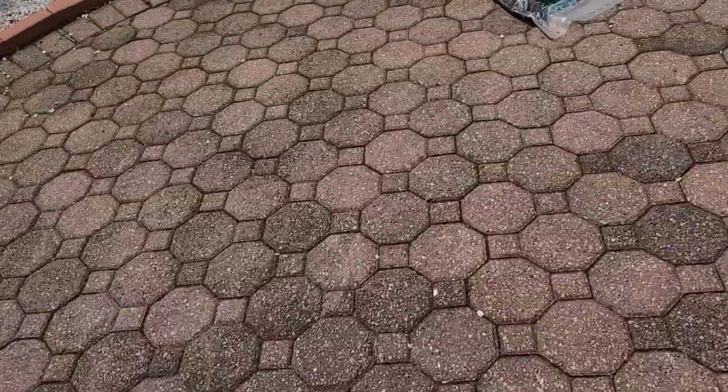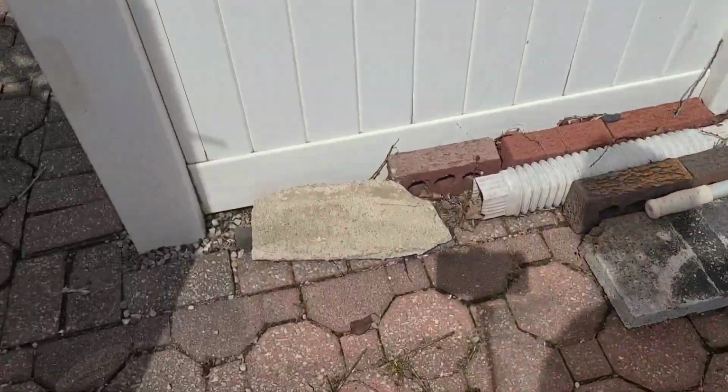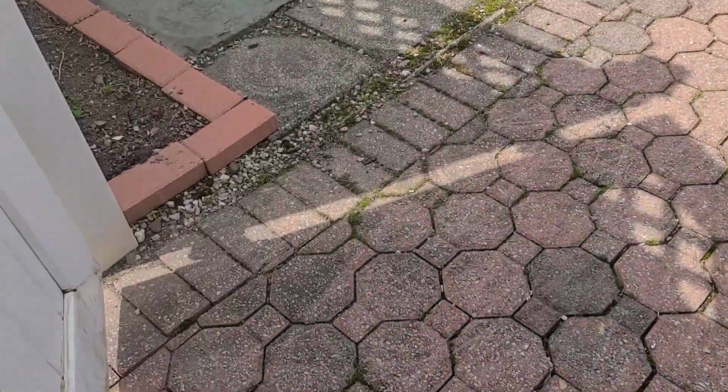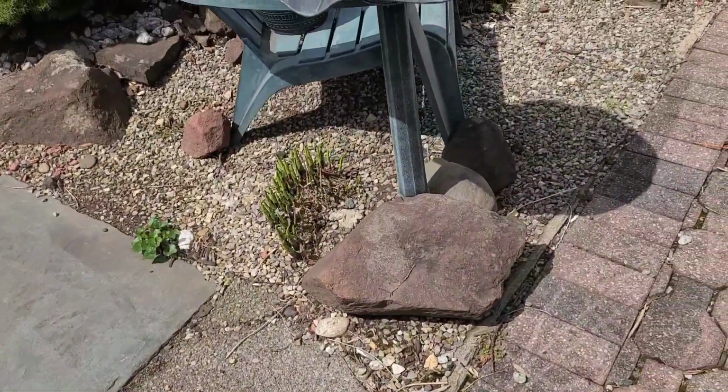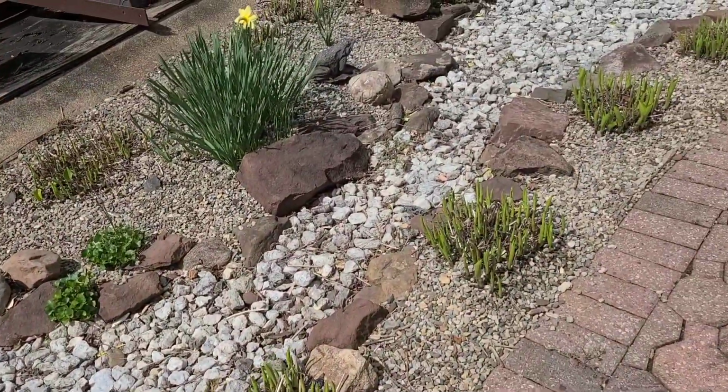Okay, so I need to power wash all the pavers, and that is a job and a half. And a lot of weeds are growing in between here. I started to put weed killer in, but it's been so wet, it doesn't really work. Now this area that's right here on the side of the house,